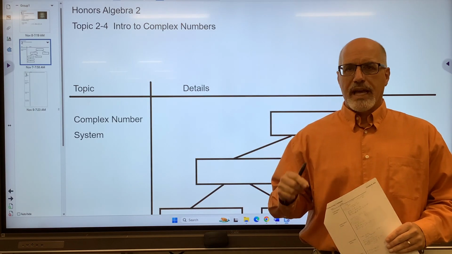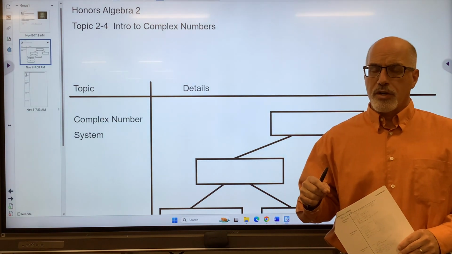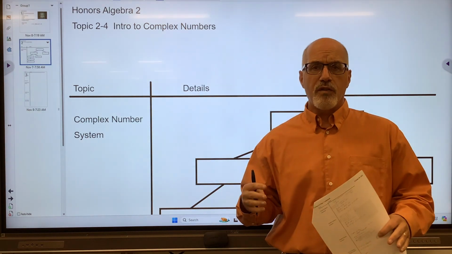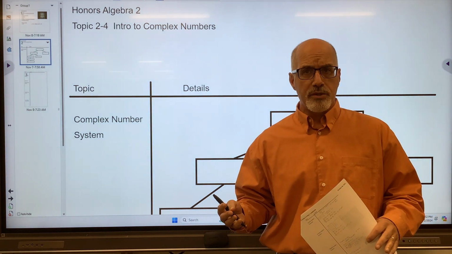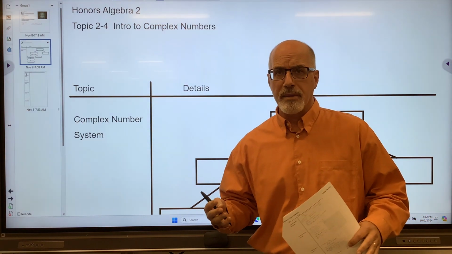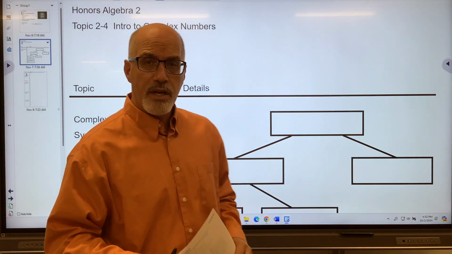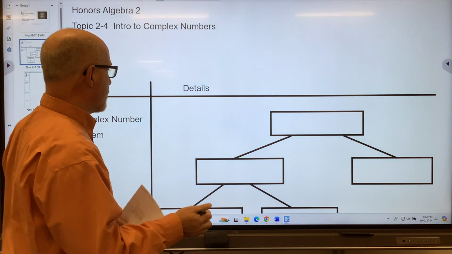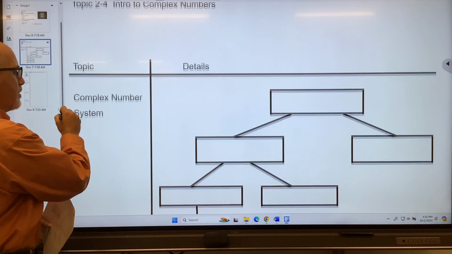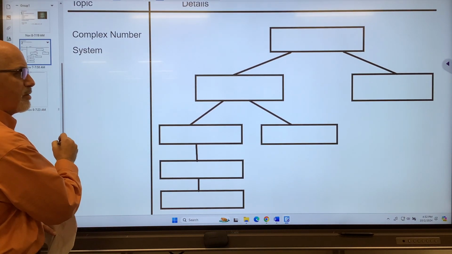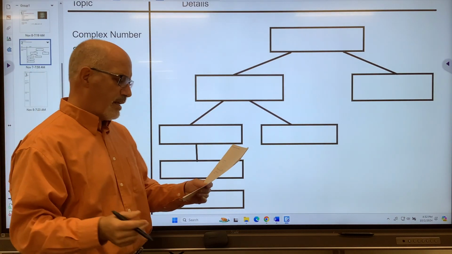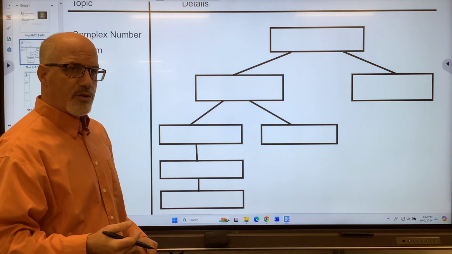We're going to take a look at a new numbering system. They're called complex numbers. They involve what are called imaginary numbers. Now, to introduce this system, I'd like to give you a little background on the number systems that you're familiar with. So, looking back to the number systems that you're very familiar with, you started out when you did number